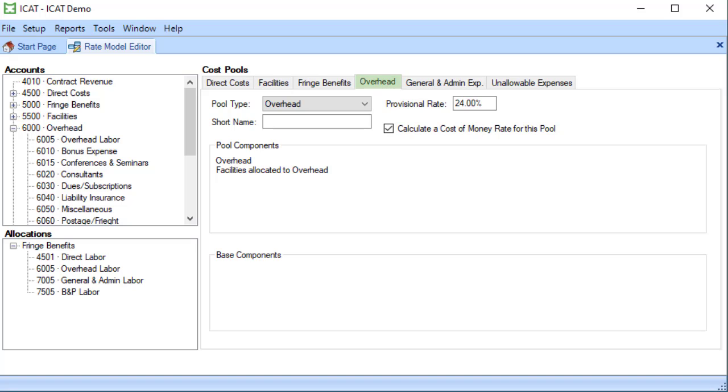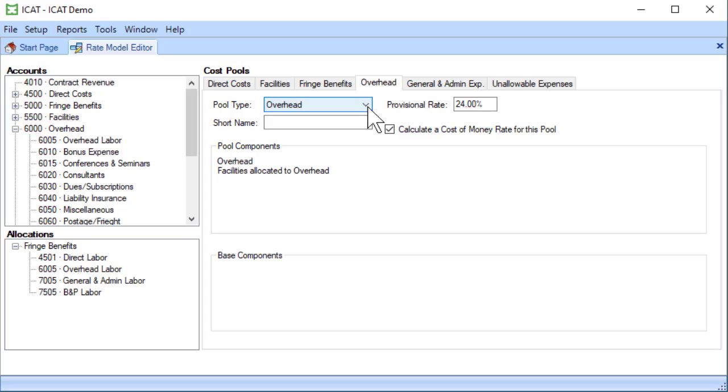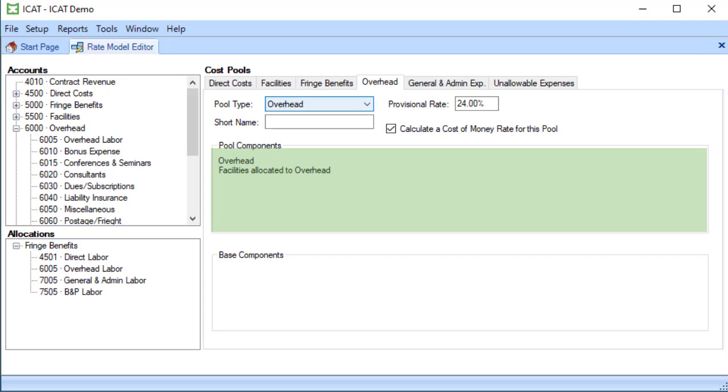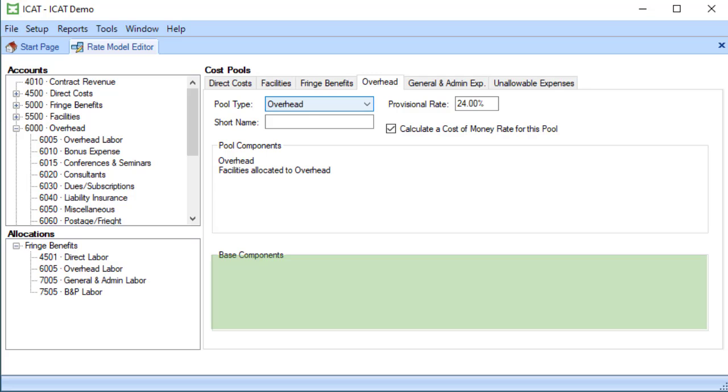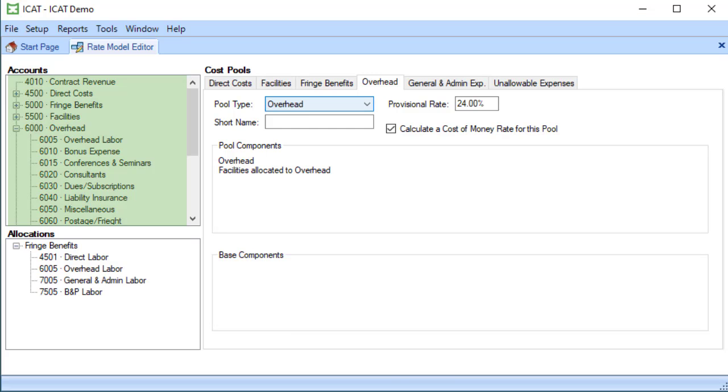First, click on the Overhead tab and confirm that the overhead pool type is selected for the overhead cost pool. The overhead cost pool setup screen has a section for identifying the pool components and a section for identifying the base components. You can drag and drop accounts from the QuickBooks General Ledger to build out the pool and base